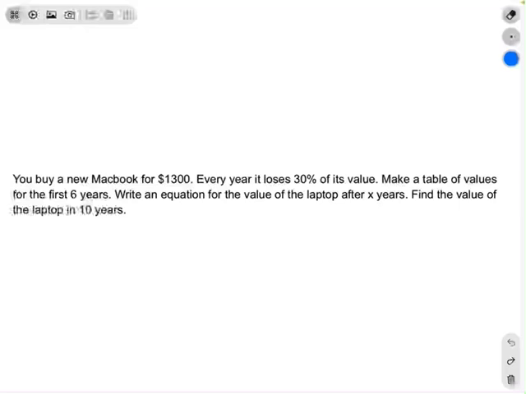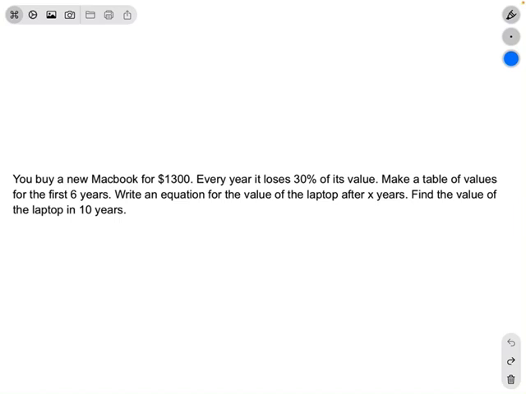We are going to talk right now about exponential functions. This is going to address several of our standards. This one is exponential decay. I'll do another video on exponential growth. We'll go through a bunch of the same things. Okay, so